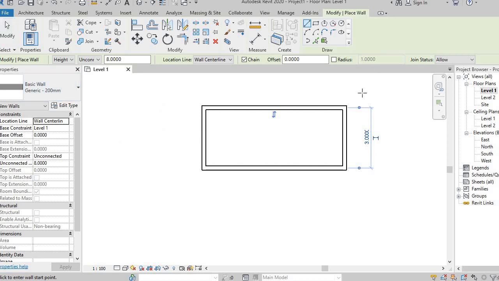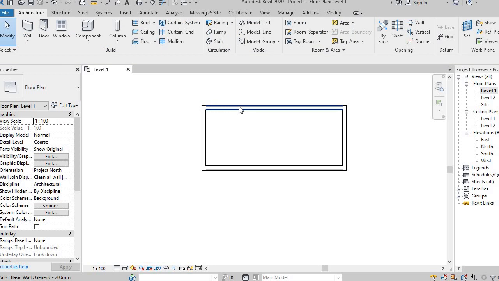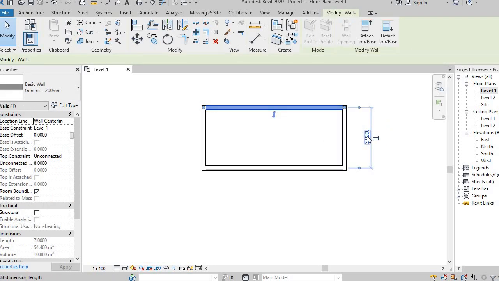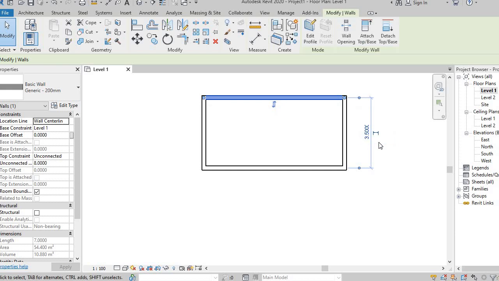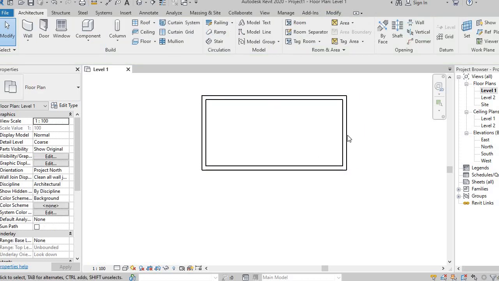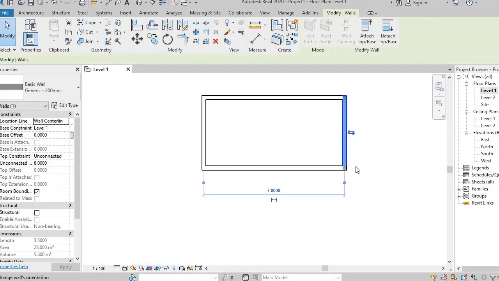And then if you need to change the dimension, just click on the wall here, and we'll get the dimension. So if I need to make it 3.5 meters here, make it 3.5 meters. These two are connected, so both the dimensions change. If I need to change this dimension,